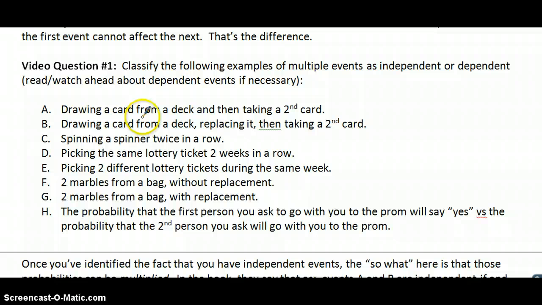All right, so if you choose a card from a deck, and you keep it in your hand, and then you take a second card, are those two independent events? Once you take a card out of that deck, is the second card somehow affected by that? Well, actually, yes, it is. If you pull out the Ace of Spades, then there's no way that the second card could be the Ace of Spades. If you pull out the Ace of Spades, then for the second draw there's